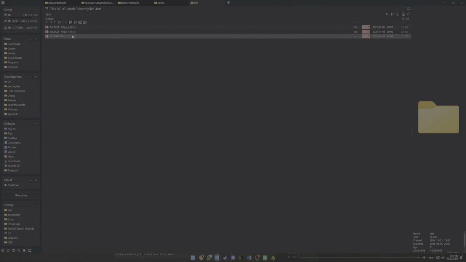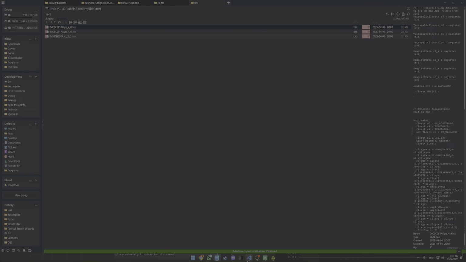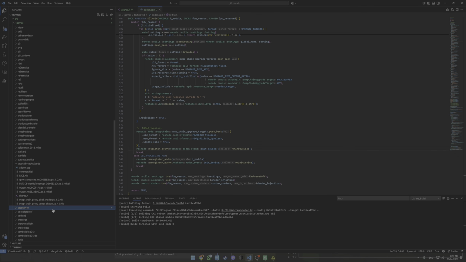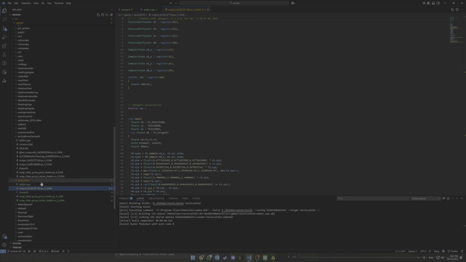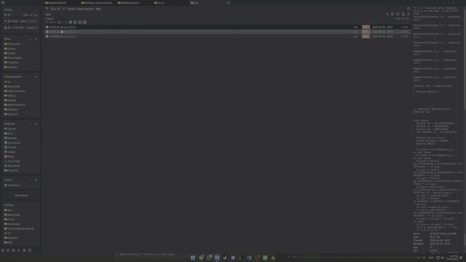Yeah, it failed to decompile the compute shader, which is something you're gonna face with compute shaders. They usually fail. We're gonna call this output because it samples the LUT. You can call it whatever you want, really. It's just for the developers. But we usually call whatever samples the LUT output. As for this shader,